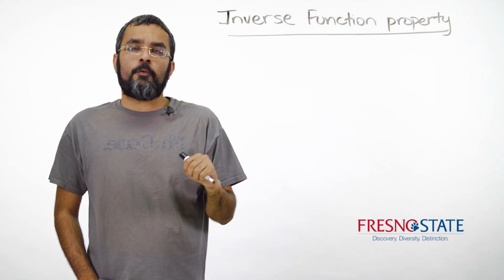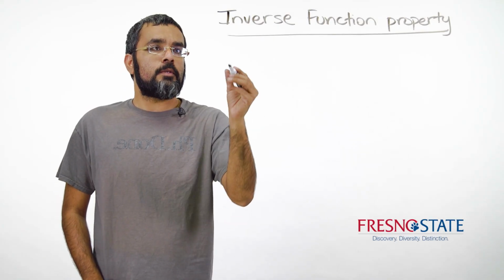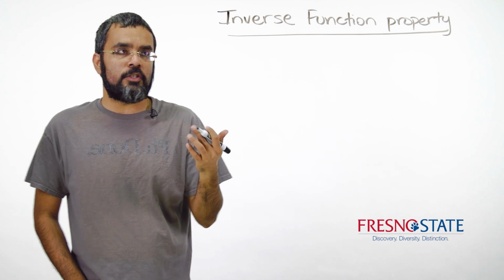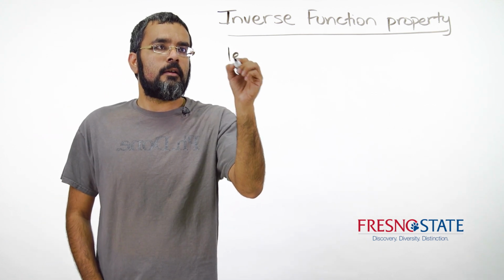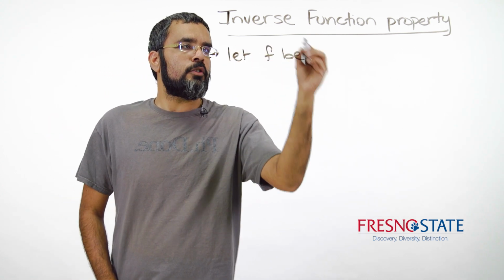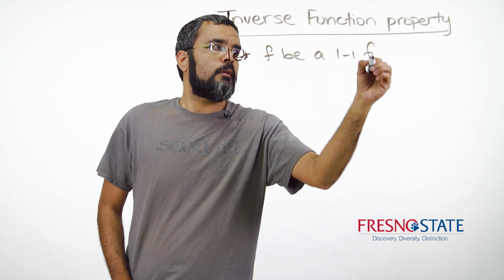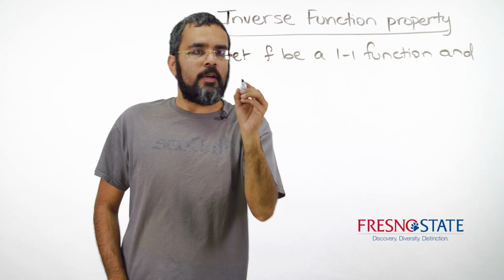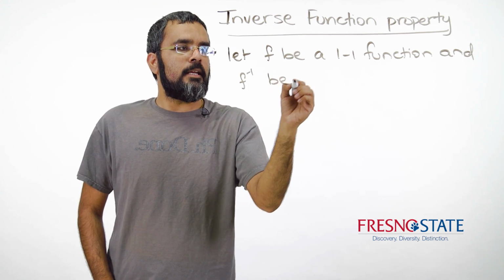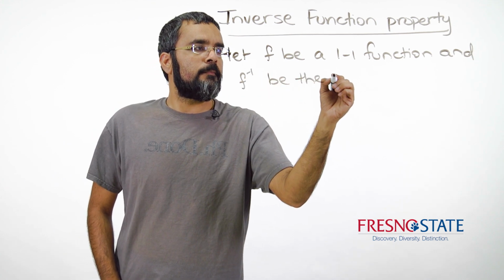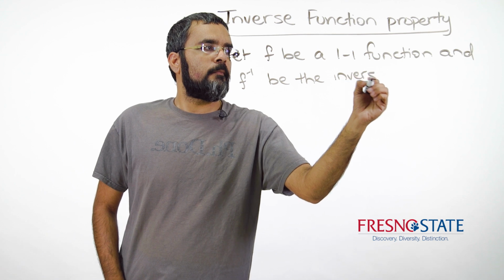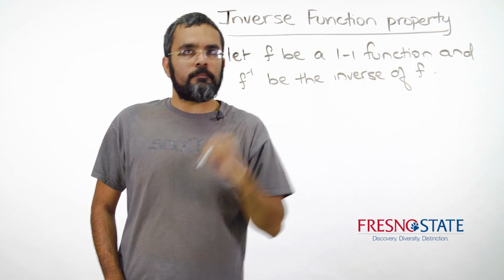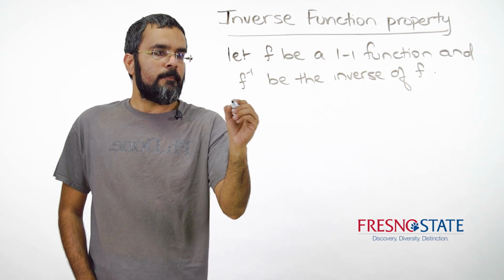So we have a property for inverse functions, and the property goes as such. Two functions are inverses of each other. So let's say, let f be a one-to-one function, and f inverse be the inverse of f. Okay, then